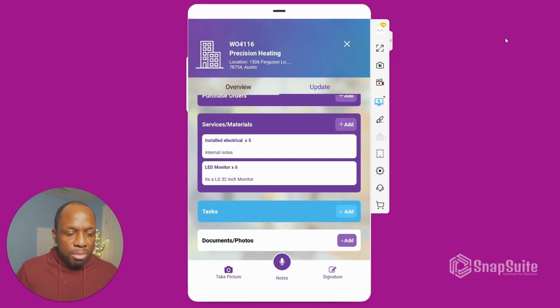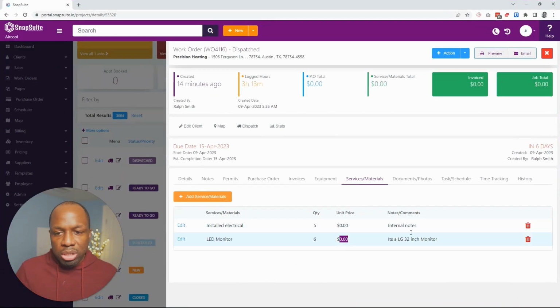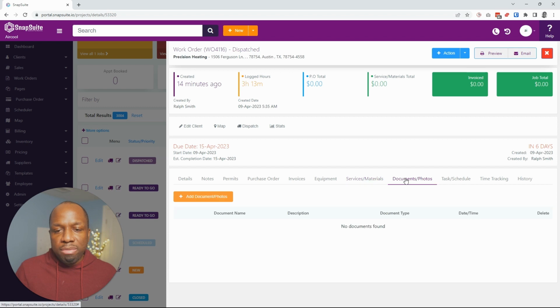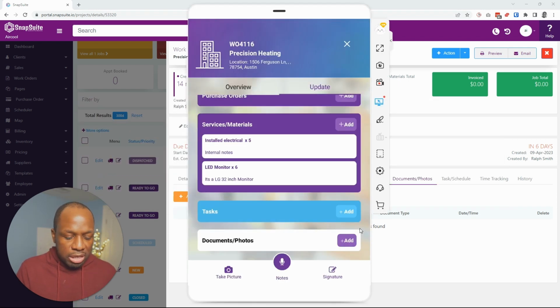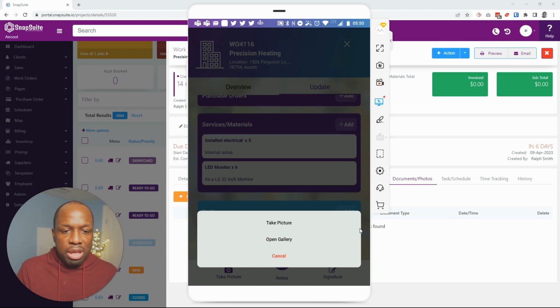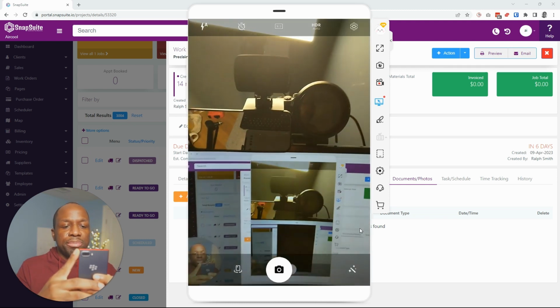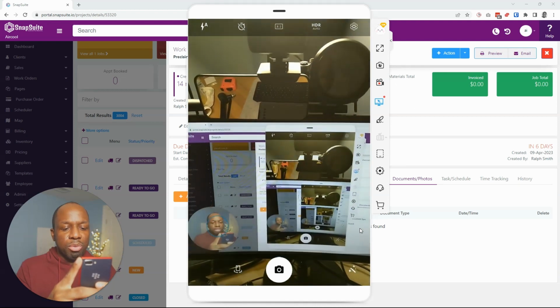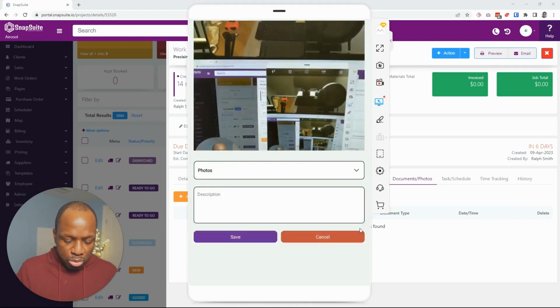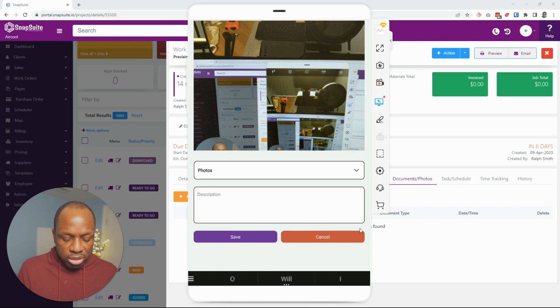The last thing, but not least here, I'm just going to show very quickly how to actually add a photo. So just to go back to the desktop very quickly, when you add a photo, that photo shows up on this photo tab section here. Right now there's no documents or photos. So if I come back in here, I'm just going to click on the icon. I'm going to say take a photo. I'm just going to point it up to my camera right here, and I'm going to just snap a quick photo. And then once I do that, I can put a description,